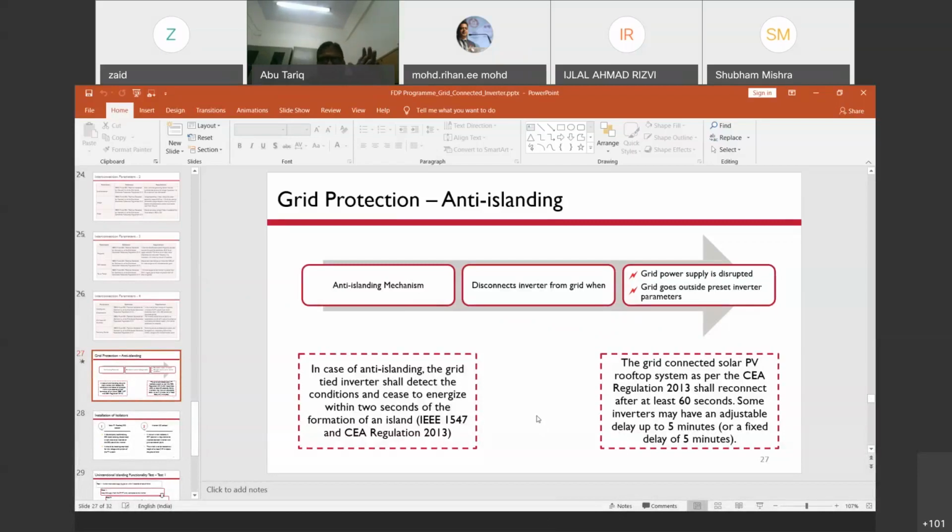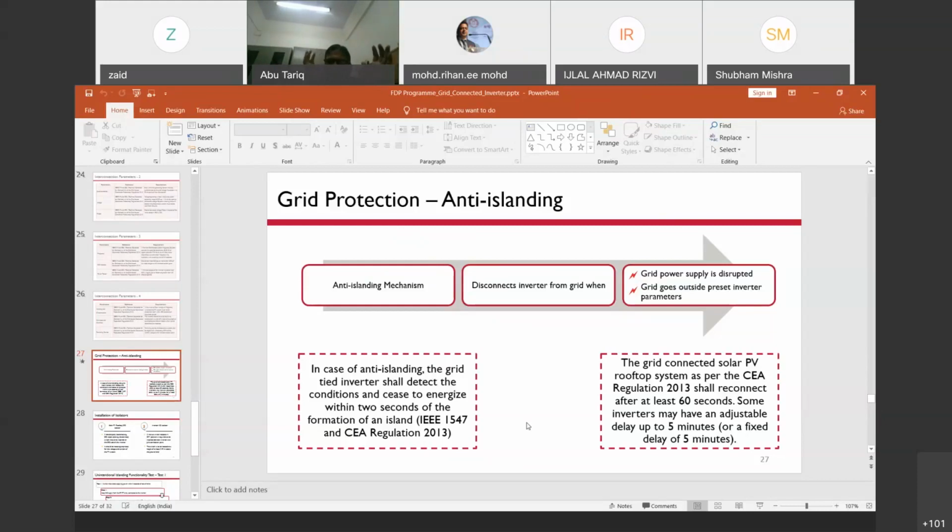In islanding mode, only when the supply is not available, only then it will go into an islanding mode. Supply is not available, and if it is connected, then you can say it is a separate island. Actually, we are having a distributed generation system, so we should always be the part of the whole system. It should not be isolated. It should not be a separate entity. In this case, that is, everything is off, but we are producing power. This we cannot do. So that is the meaning of islanding.